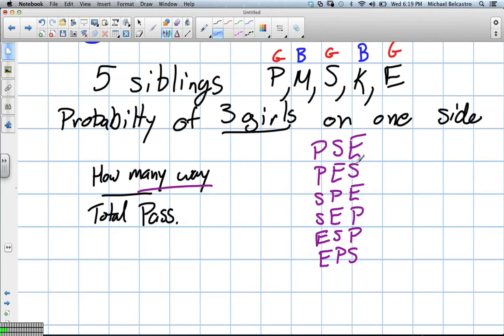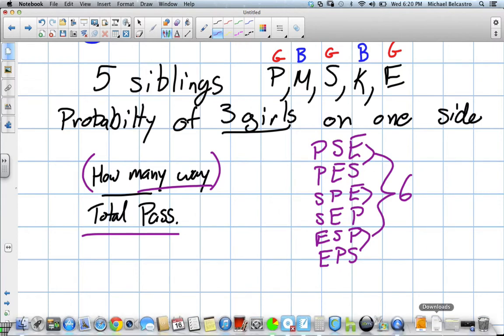So already how many ways do we have? We have 1, 2, 3, 4, 5, 6. There are 6 possible ways we can arrange that on top. Okay, and that's where a combination comes into this question. And then we have to divide by the total amount of possibilities. Now, we could have actually figured out this how many ways by using a combination to figure out everything, right? So when we go to use our combination,